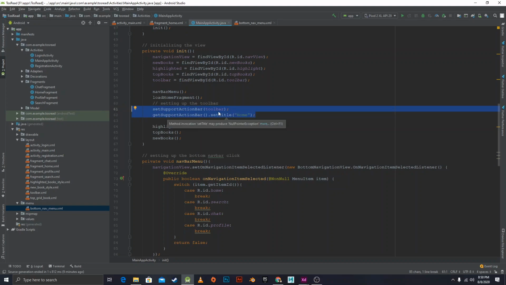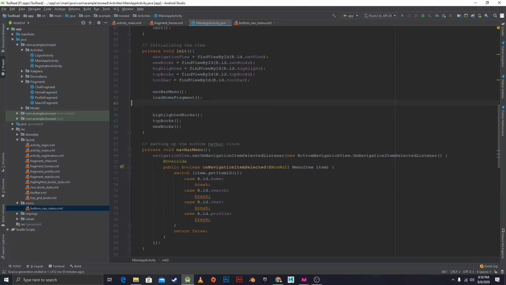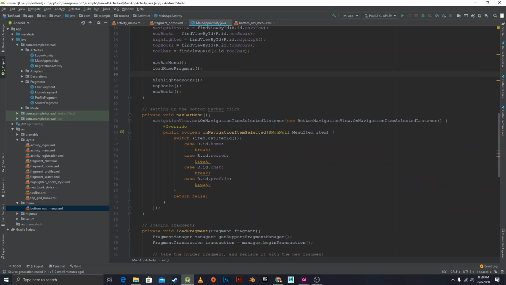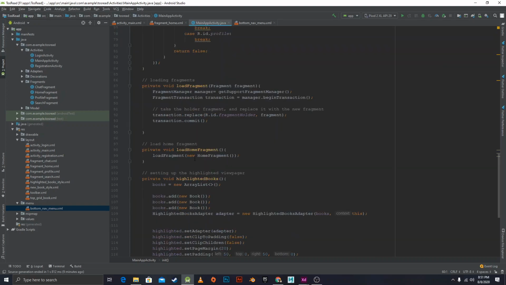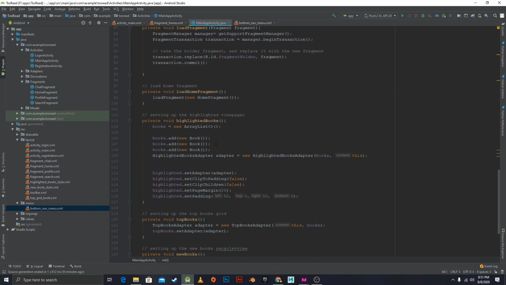Set title home. There's no reason for all of this. There's no reason for that. And that should work. So now what we're going to do is we're going to take all of this functional code out of the main activity and put it into the home fragments